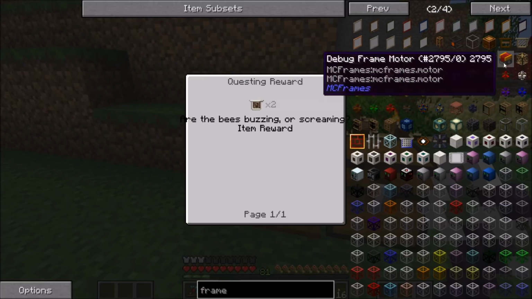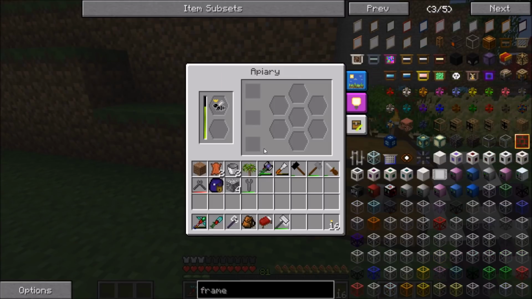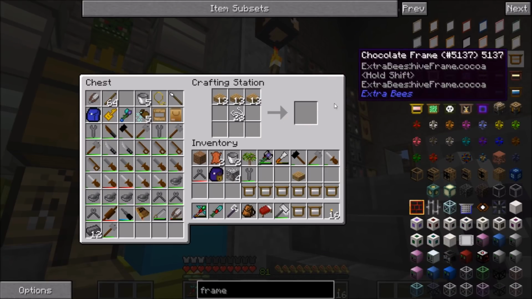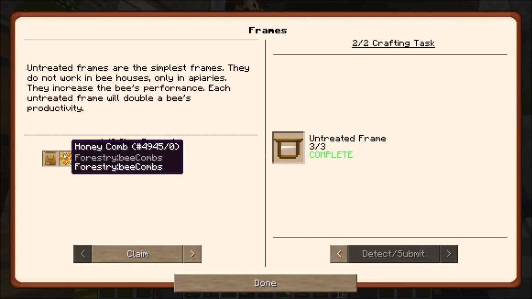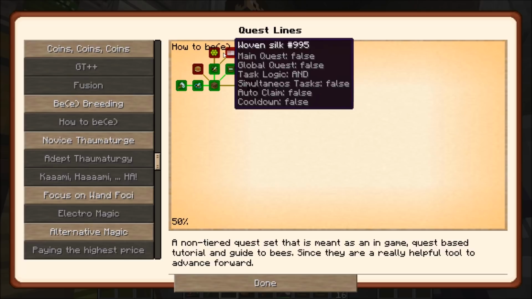Seemingly we can't even make these, so chocolate frames, also not able to make them. Great, so we'll just have to take a little bit more time here, seemingly. Let's continue down the questing chain, since the quest is actually called a chocolate frame quest, and it's an item reward, so I just wanna continue through this chain right here with the frames, and maybe get these 2 quests